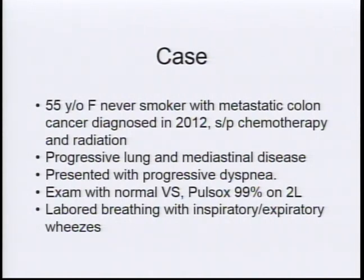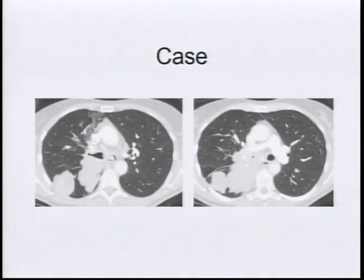But she progressed. Her disease recurred and progressed, and she presented with pretty bad lung and mediastinal disease from her colon cancer, progressive dyspnea. She came in very symptomatic with labored breathing, and this was her imaging. And you can see that there's a lot of disease in the center of the chest. Is this mass, which is the pulmonary metastasis,